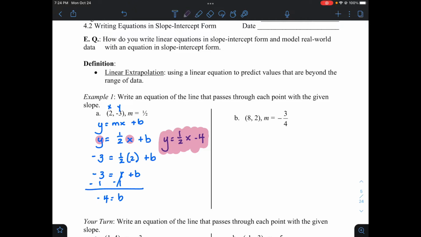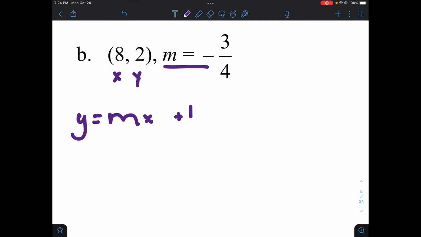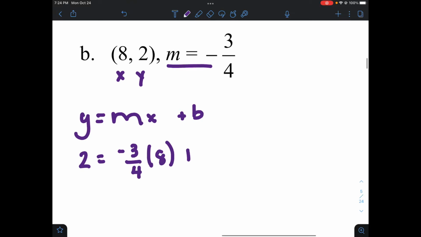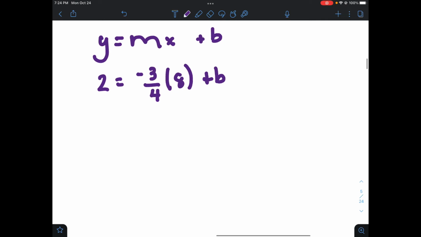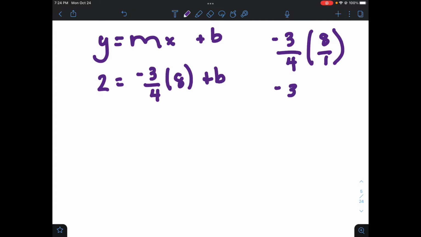All right, so we'll do b together, and then I will let you guys do a your turn. So again, there's my x, there's my y. They already told me that's my m, so substitute everything in. y equals mx plus b. So we get 2 equals -3/4 times 8 plus b. So off to the side here, I'm going to do my -3/4 times 8/1. Don't forget, you also have a calculator. So we can multiply straight across or simplify first. I'll multiply straight across. So I get